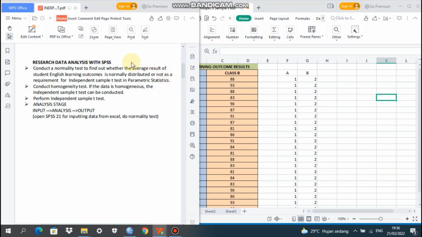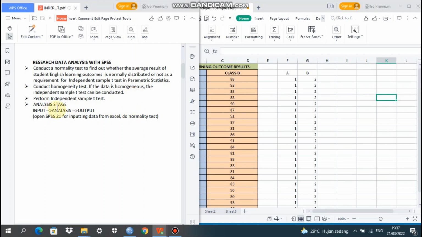This is the requirement for independent sample t-test in parametric statistics. Later on, if the data are distributed normally, we can go to conduct the homogeneity test. If the data are homogeneous, the independent sample t-test can be conducted.